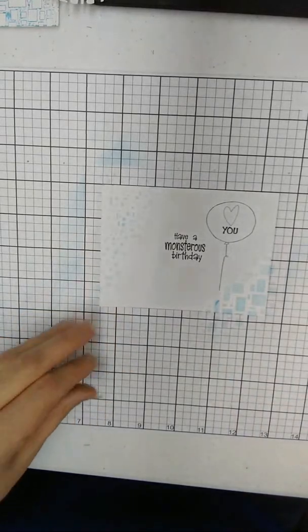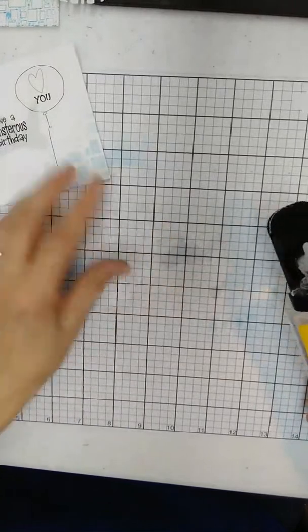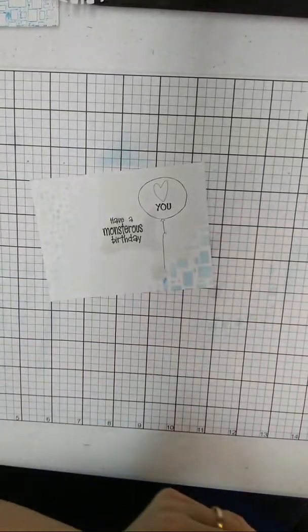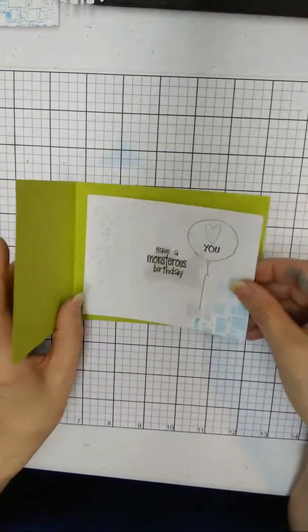Okay, there's our inside. And then you could go back in and color that heart or color that balloon in the way you want to do it. Add a little bit more color to it. And then we're going to take our...